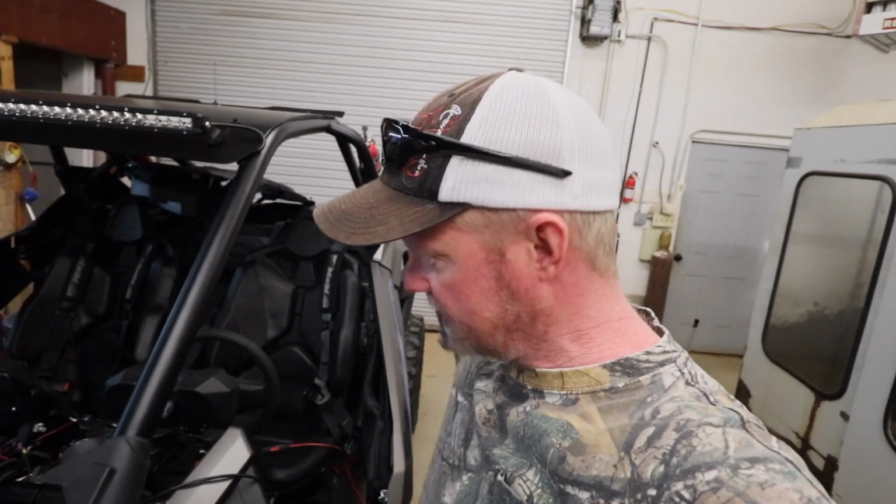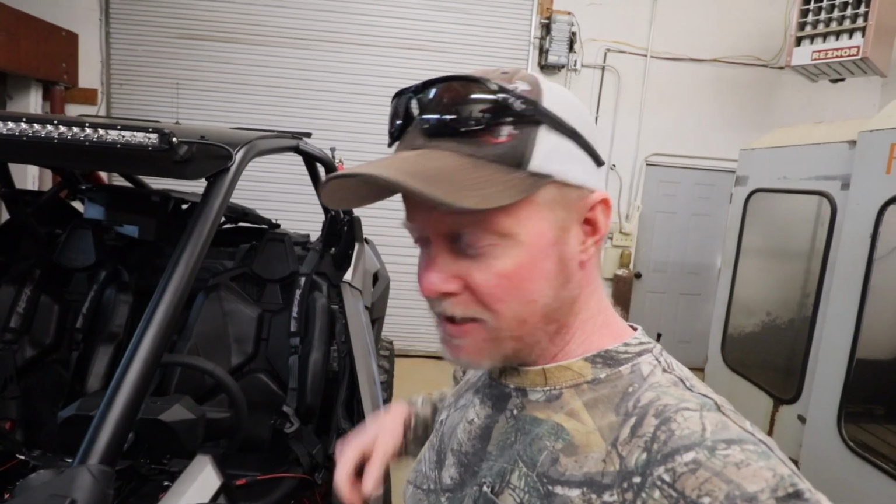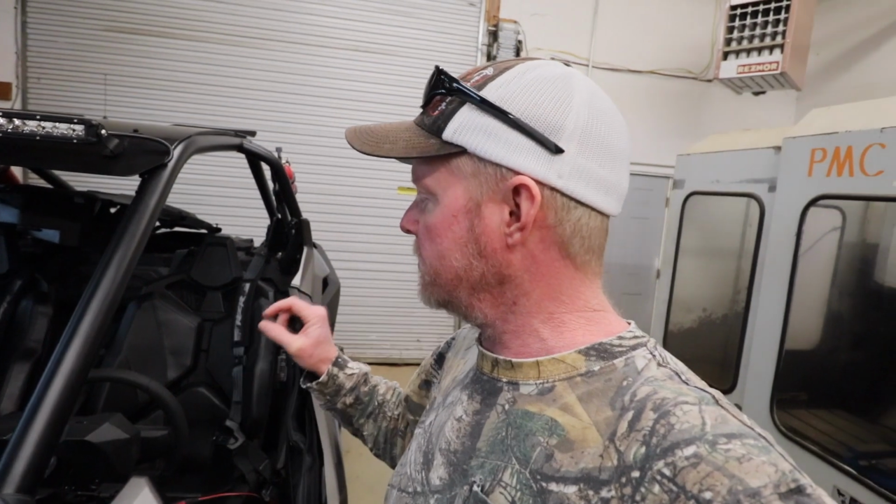The Razor's almost done. I'll probably have it done this weekend. I've got all weekend set aside to finish it. And hopefully the park opens up the very next weekend, so I should be riding. I have taken this for a quick spin once it dried up. The power level, I went from a 1000S to a Pro XP, so this is a lot more power, a lot longer machine. The steering rack has got to be a much different ratio than what I'm used to. It turns very fast, which I like. But just mentioning, because if you're going from a 900S or a 1000S to this, it's quite a bit